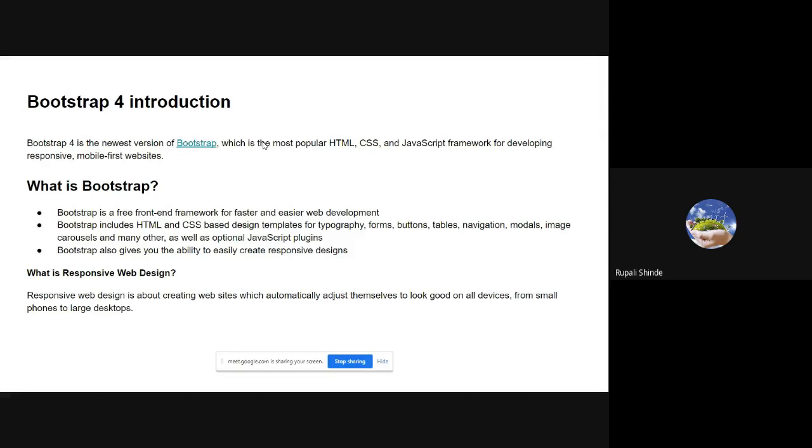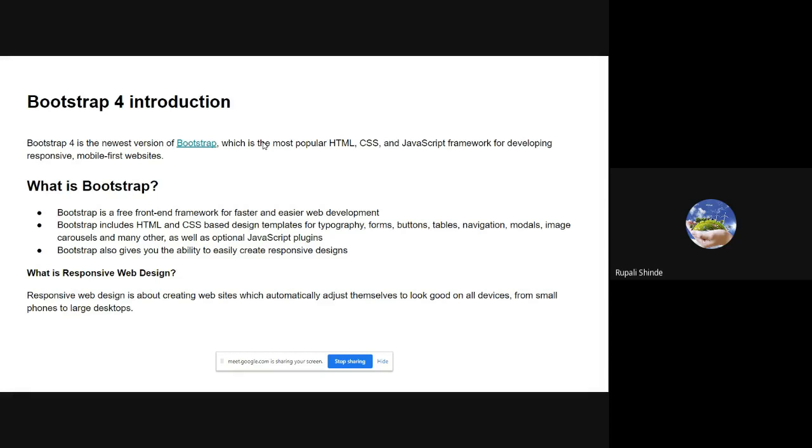Okay, if you want to develop responsive web applications, that means your web applications will execute on any screen or any device. So we have to develop those web applications. To develop them, you can use the w3.css framework, or you can use Bootstrap. But nowadays we are going to use Bootstrap. So Bootstrap 4 is the latest version, a ready-made framework which is available to you to develop your web application. Okay, now what is Bootstrap?